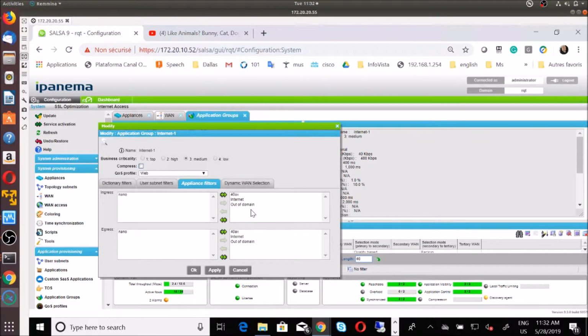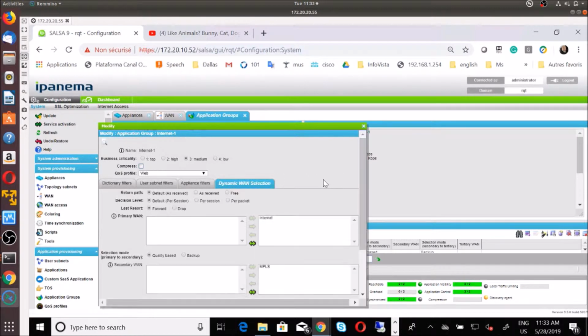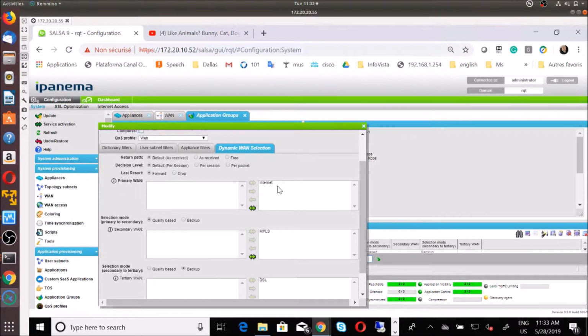All those subnets have been provided manually, but I have a filter on the appliance side. In this case, it's just to isolate the HTTP and HTTPS traffic for my branch number 1, which is the 4AX box, and I need to also select the internet and out of domain in both ingress and egress to handle all the internet traffic over the branch 1 site. I have also dynamic one selection. I have criticality of medium, quality of service profile, which is called web. All these parameters are default, and